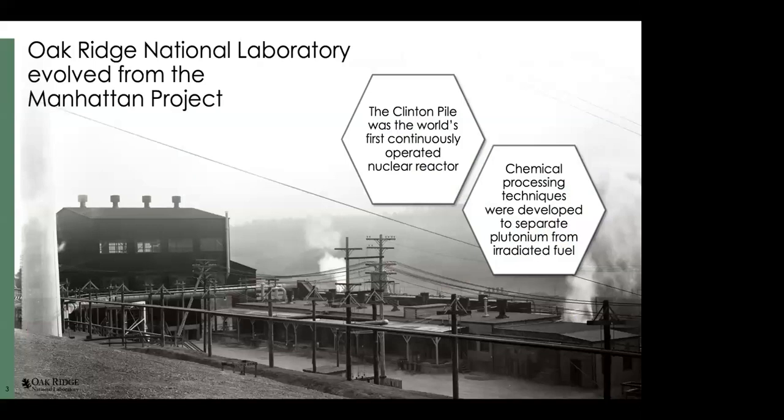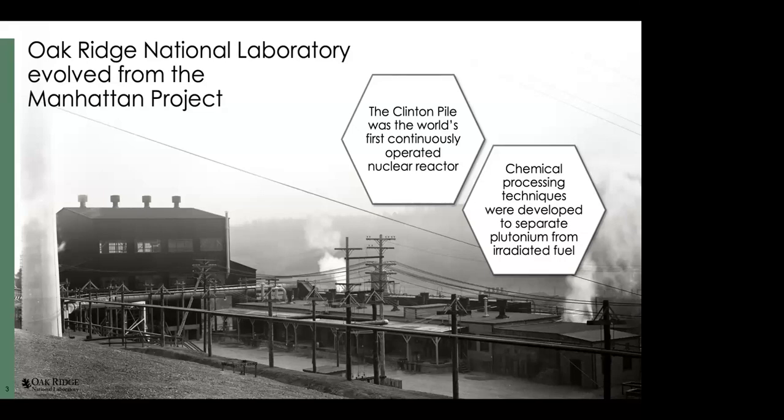Somebody asked me this question before: how did this place get to Oak Ridge, right? There is no secret that the Manhattan Project, which I'm assuming some of you may have heard about, had three locations in the nation picked to create the capability for having a nuclear explosion, the atom bomb. And that was prompted by a letter to President Roosevelt from Albert Einstein that said this is possible.